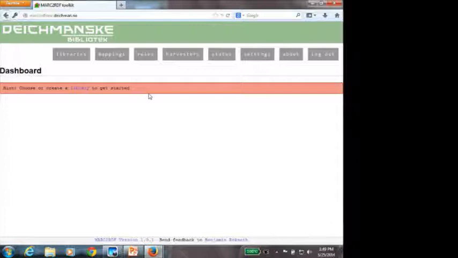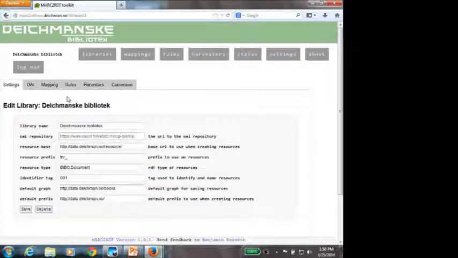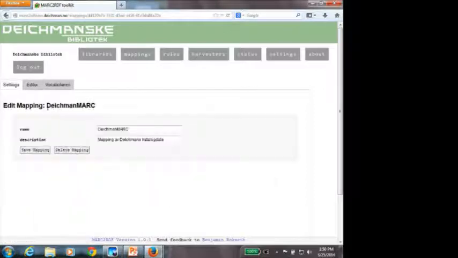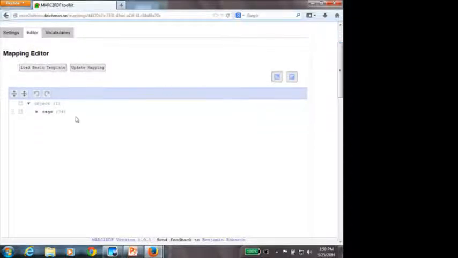Perfect. So you can control multiple data sets here and also multiple mapping files for converting the bibliographic catalog data. So I'll just show you. Is this big enough? Okay, so I can show you the mapping file for the Oslo Public Library's main catalog. The mapping file is in either YAML or JSON format.